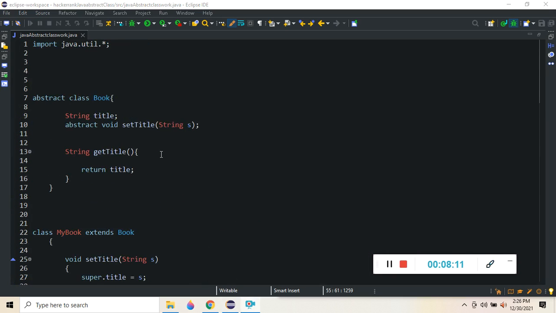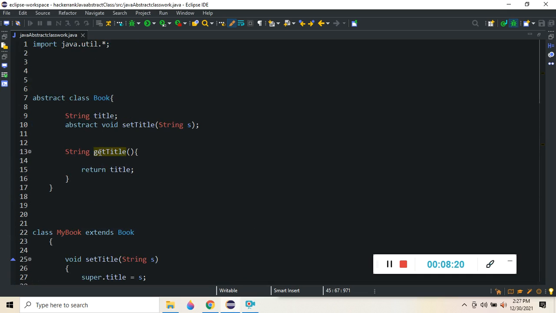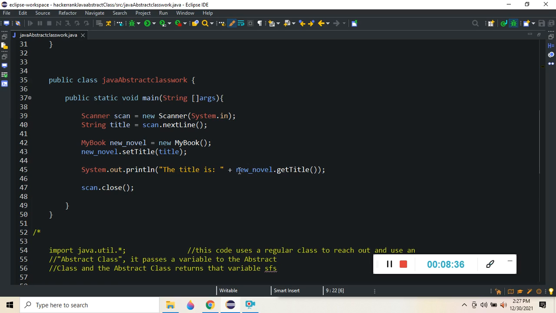So after all of that's done up here, it's going to return title, and it's going to call this get title, which I said was created here. And what does that get title do? It returns title. It returns the variable s that we gave it, which was assigned to this title variable here. And it does have this new novel